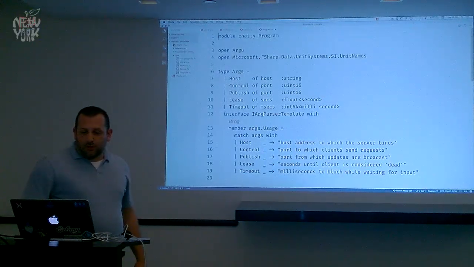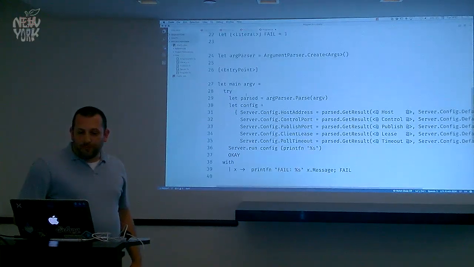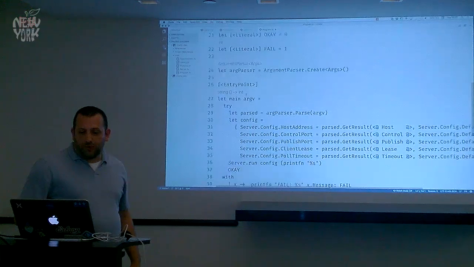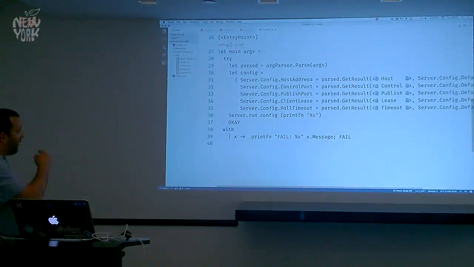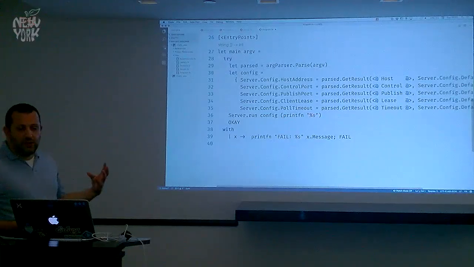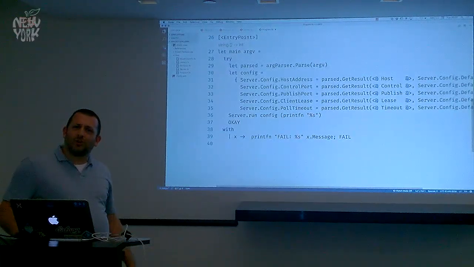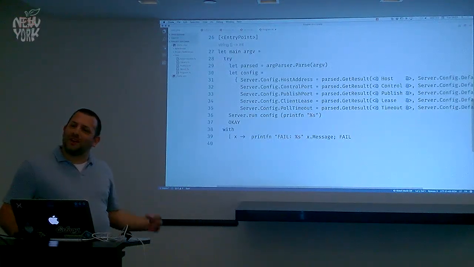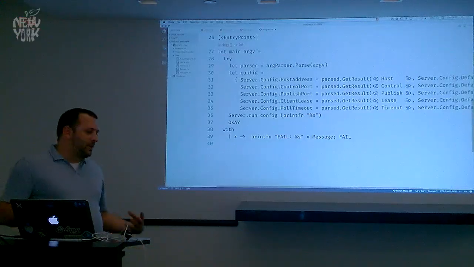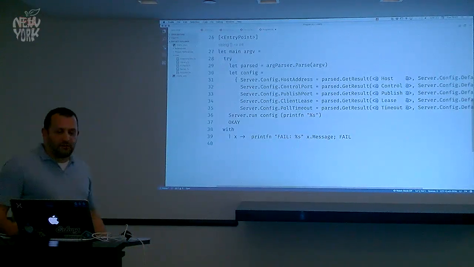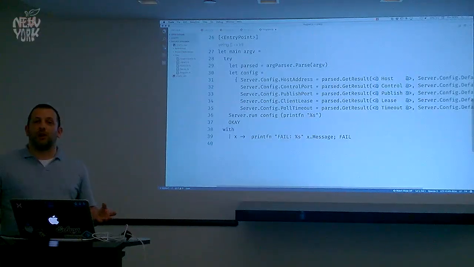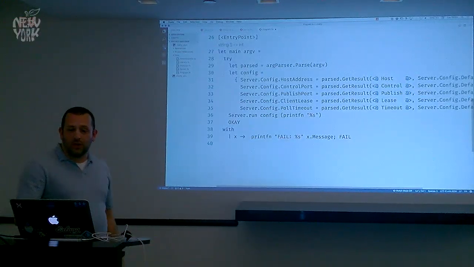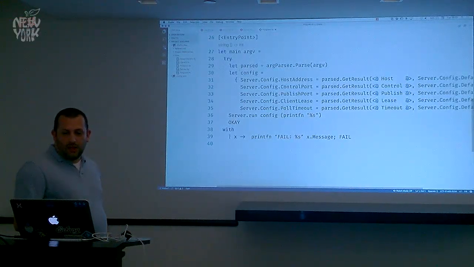So what is program? Well, starting at the bottom, working our way up. This is our actual program. This is our main entry point. This is our main function. It doesn't do very much. We're using Argu. I never know what the right way to pronounce the library is, but Eric Sarpalis, who's an awesome guy, does really cool stuff, created a really cool library for parsing command line arguments called Argu. So that's what we're doing.